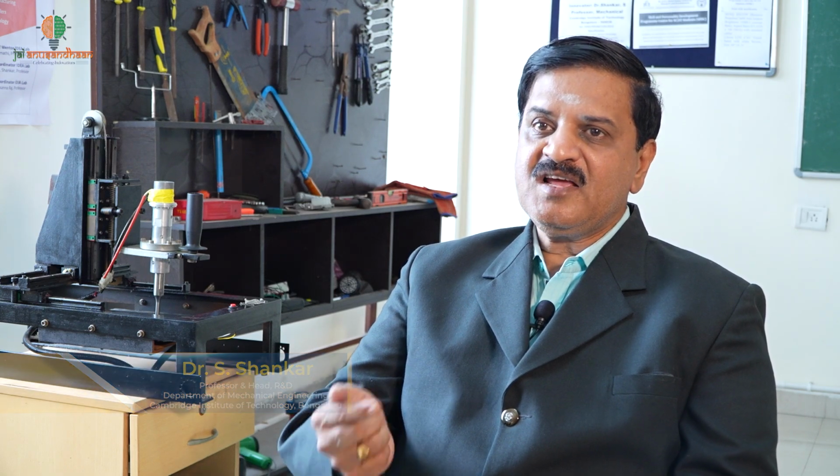Initially, we were given a seed fund of 1.9 lakh rupees from the management. We got the seed fund to start the operation. Then further fabrication work and everything was taken care of by DSIR funding. So we were able to have a unique design, and we were able to fabricate the machine ourselves. When we tested its efficiency on the material,